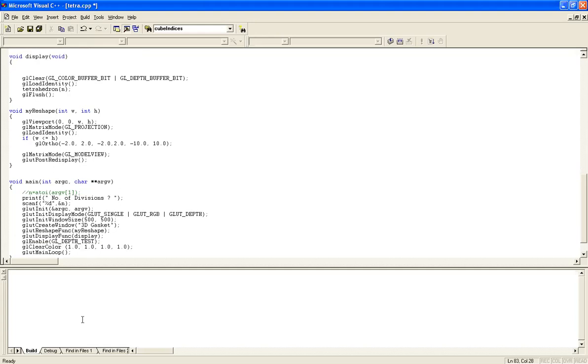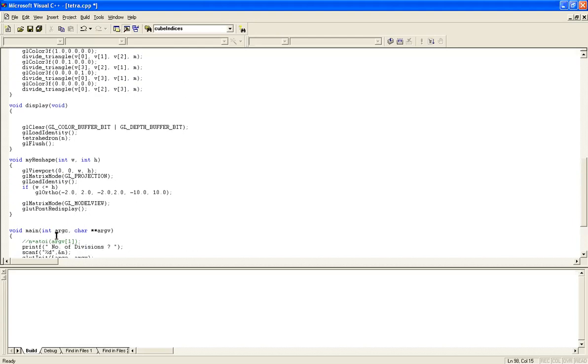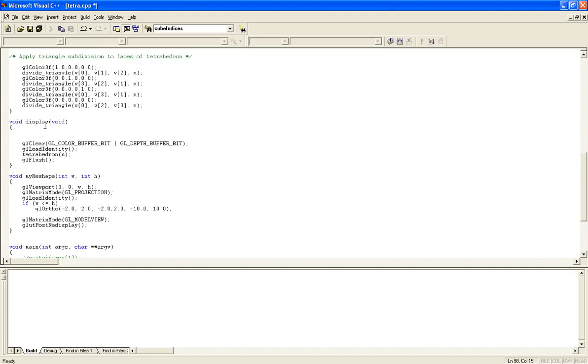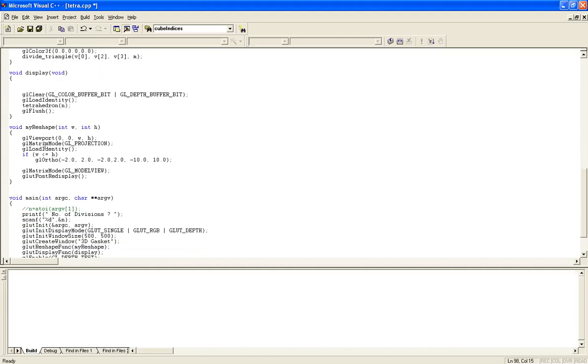So this is all about the reshape function, and now I'm going to come back to the display function, where I am going to view my image. When I go to the display function, first and foremost, I'm using GLUT_RGB, where I am going to have 16 million colors. Since I'm using different colors, I need to clear the buffer. So I'm going to call glClear with GL_COLOR_BUFFER_BIT in order to clear the color buffer.